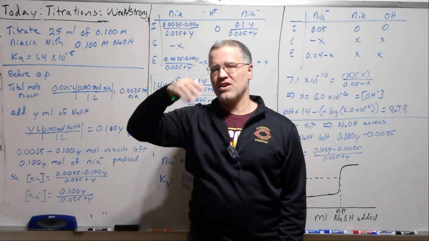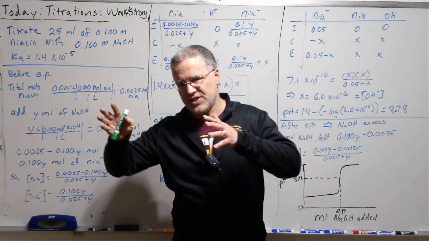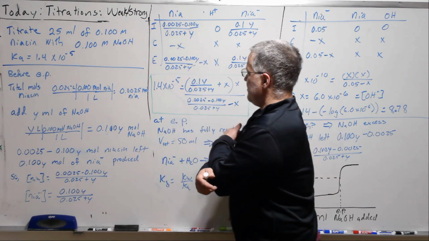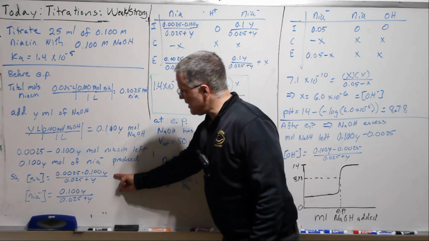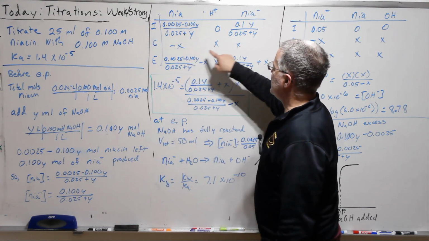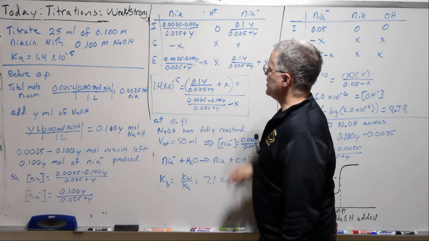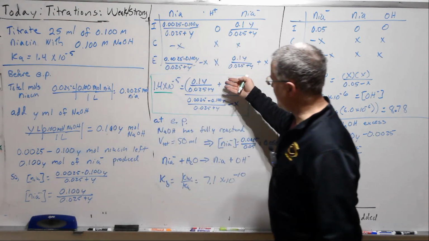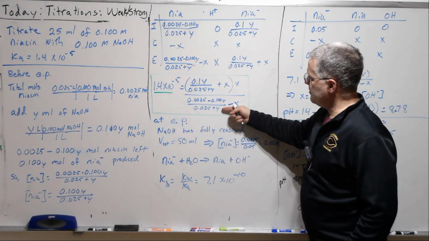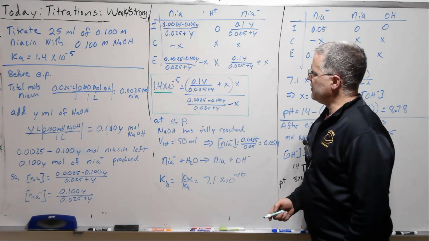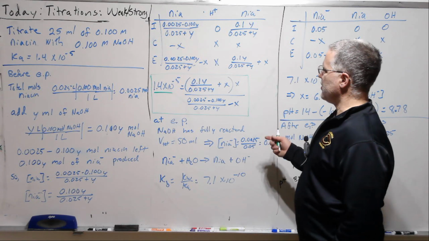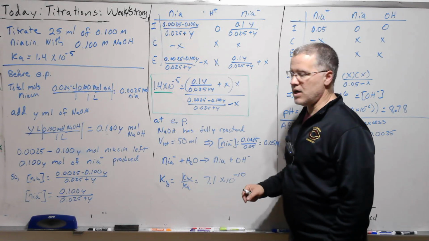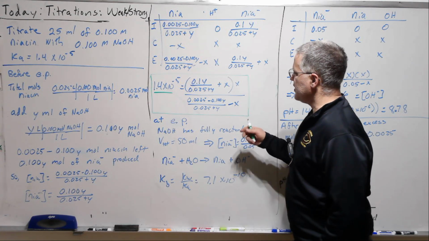So if we were to stop the titration there, that's not the equilibrium amounts. What we've done is we've slammed everything over, like we've done in the past, with the base, and then we're going to let this come back to equilibrium. So we simply plug in these as our initial values, and then we calculate with an ICE chart our change. And we don't get a single answer here, but we get a formula based on how many liters of the sodium hydroxide we've added. So it would be very quick to then put in, say, 10 mils, 0.01 liters, and